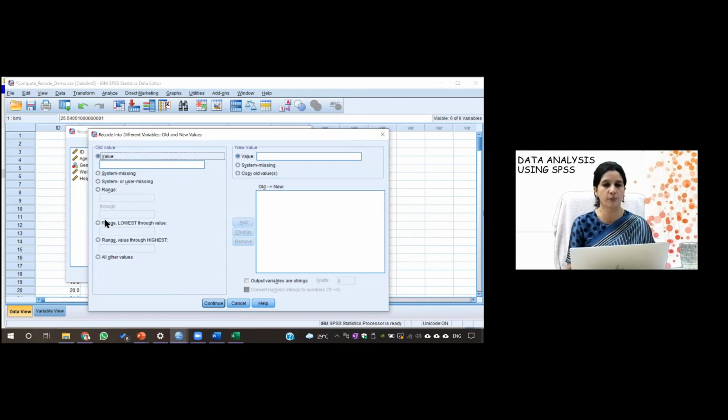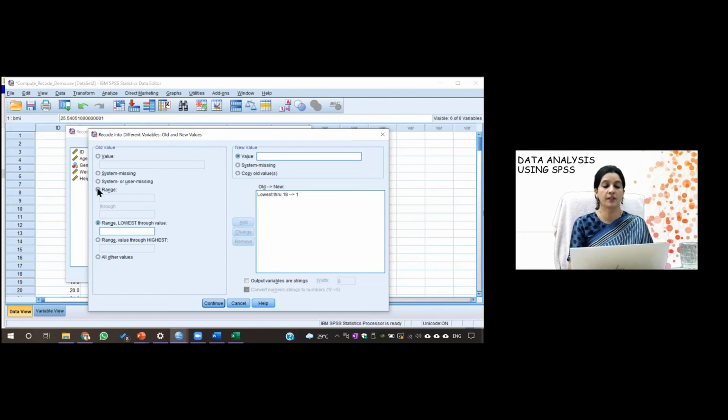I'll show you that option also. Lowest through means less than 18, including 18. Lowest through means 18 is included in this category, and this value will be 1. So I have added this, right?